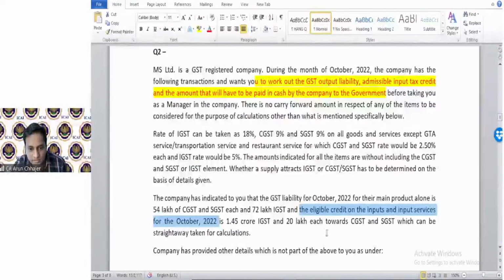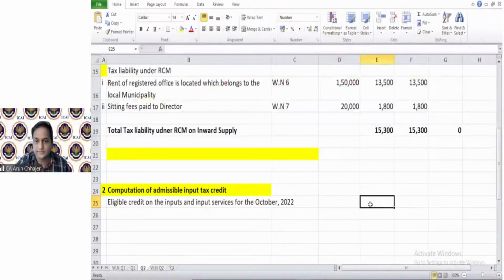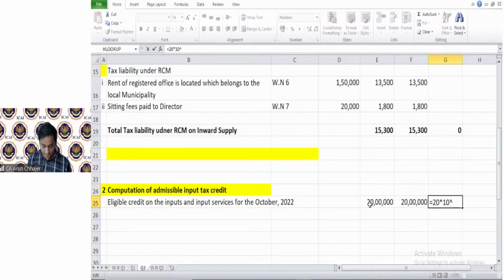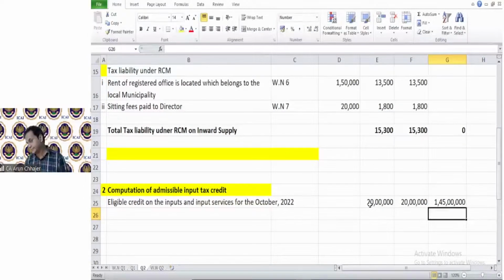How much is the CGST? 20 lakhs. 20 lakhs, and here it would be 1.45 crore. Okay. Now,